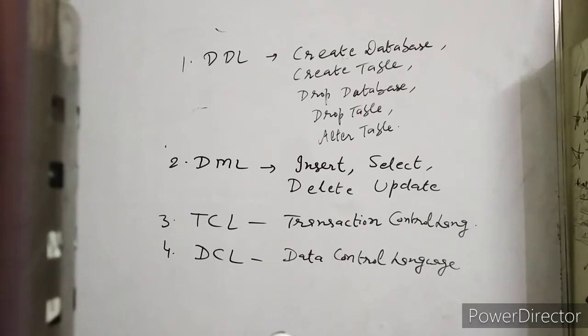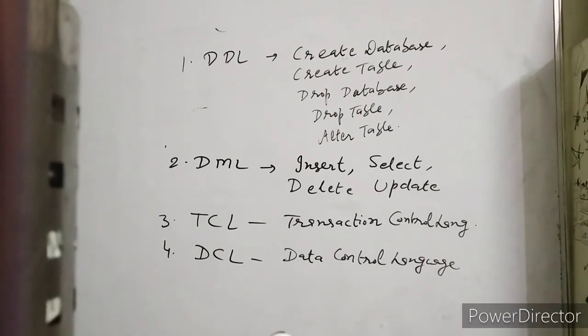And if I am inserting data inside the table, in the last class I gave you the assignment: create a table product. Create the table product with product ID, product name, quantity, price. These are the columns, and it means we are creating first the structure of the table. Then we will insert 5 records. I gave you the question, insert 5 records in the table. When I am working on the records of the table, it means we will use insert.